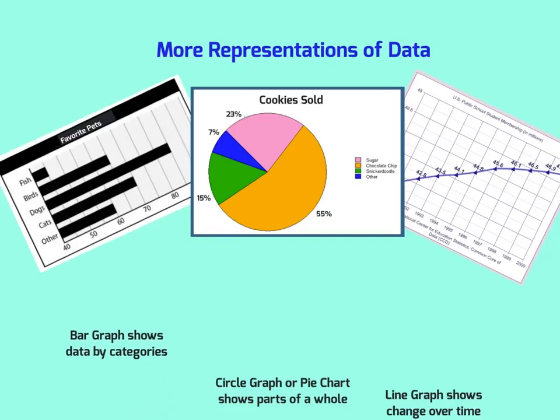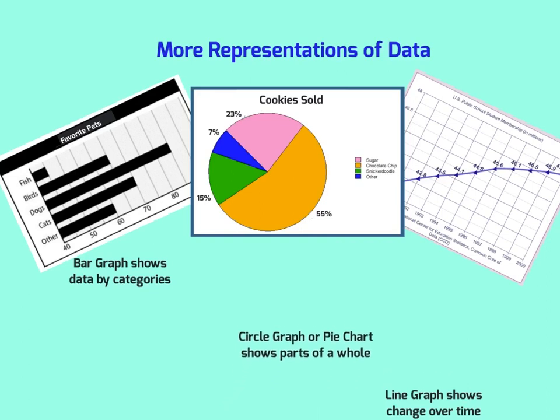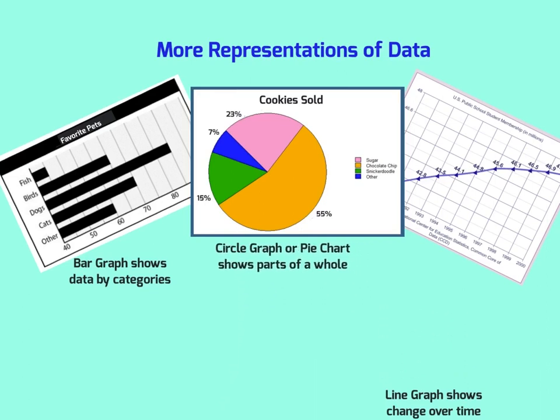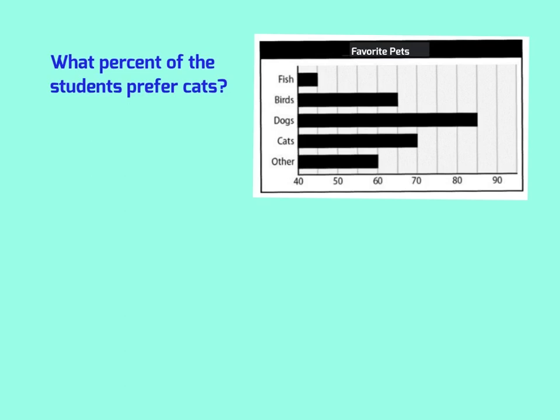Sometimes you have to choose which graph to use. If you want to show data by categories, then you usually use a bar graph. A circle graph or a pie chart shows parts of a total, and you usually use a line graph to show change over time. Looking at our favorite pets, if we want to find out the students who prefer cats,